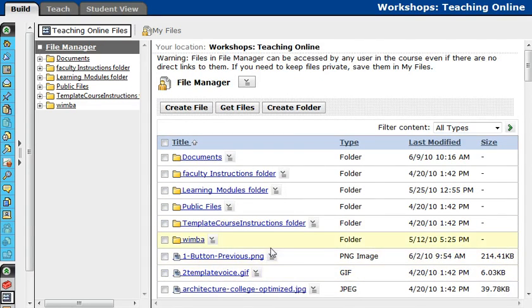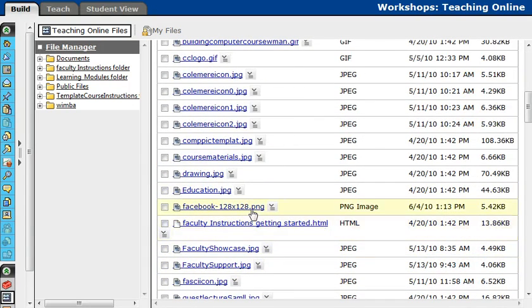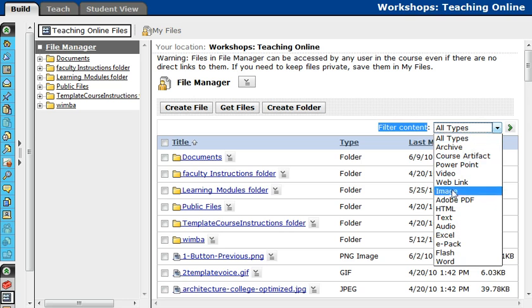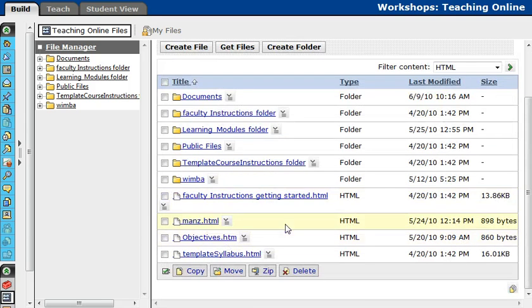It can get a little hard finding certain things because they're all just mixed in. There are some PNG files, JPEG files, those are images, and HTML files. So let's say I was looking for a specific HTML file. I can look for the HTML file by using this filter content. If I just click this drop down and click HTML and the go button, it will show me only